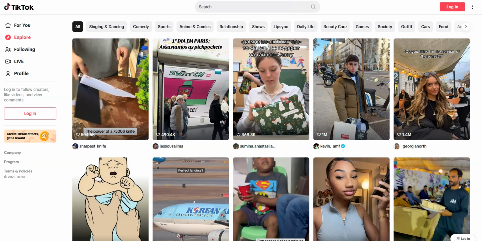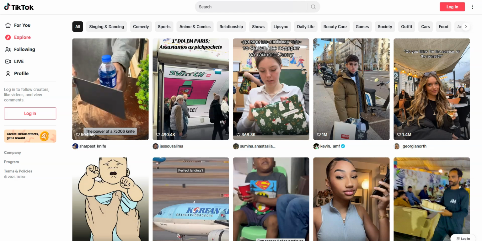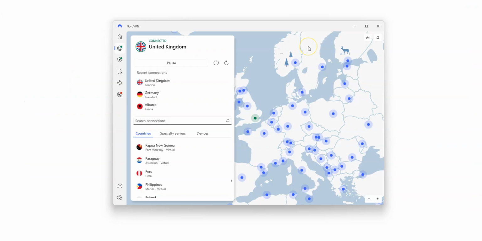I can now log in, check out my feed, chat with my friends, and so on. NordVPN not only helps me bypass censorship, but it also fully encrypts my traffic, meaning my internet service provider can no longer track what I do, what websites I visit, and so on. Once you don't need to use a VPN anymore, you may deactivate it by pressing this button. I showed you how to do it from a computer, but it's the same principle if you're on a smartphone or tablet. The iOS and Android apps are quite similar to this one.